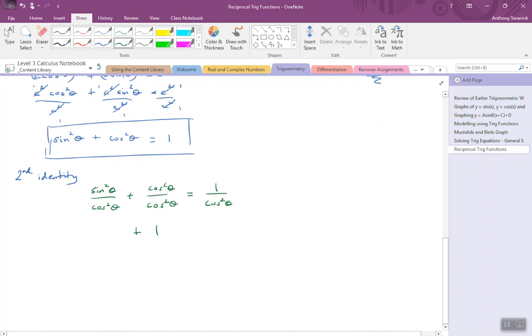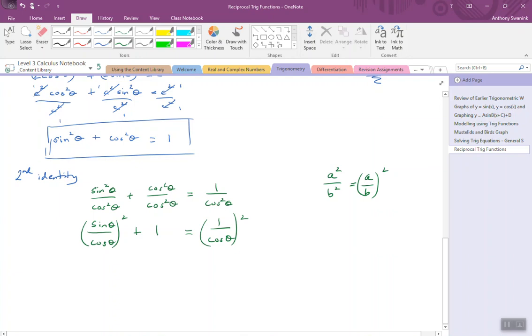Now, what about this here? Well, if we have a squared over b squared, hope you realize that's a over b all squared. So that would be true here. We've got sine theta over cos theta, and we can write that in that form. And we can also do that on the right hand side here, 1 over cos theta all squared. 1 times 1 would be 1, which is the 1 on top, and cos theta times itself is cos squared